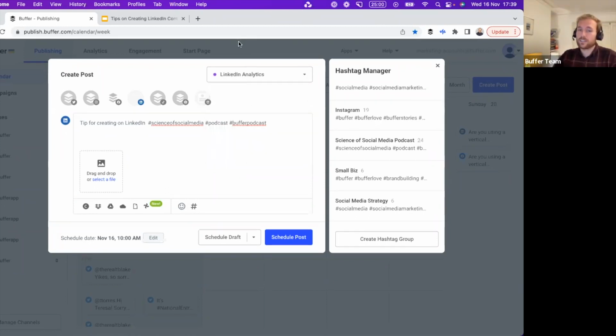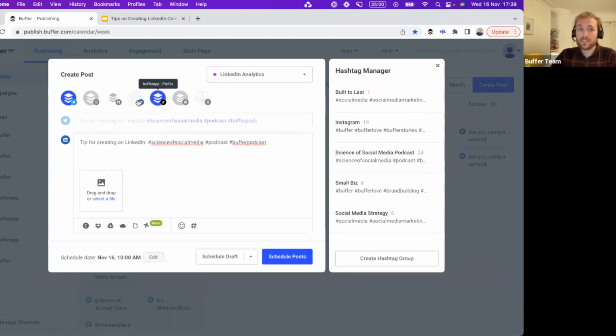I can categorize it there. And that way, when I'm doing my end of month reporting, or just any reporting at any time, to be honest, I can go and sort my reporting by that campaign to see how those posts have performed. And again, if I wanted to repurpose this, so have this same post appear not only on LinkedIn, but on Twitter and other posts as well, I can do that. So just a really fast way to increase the speed in which you publish.